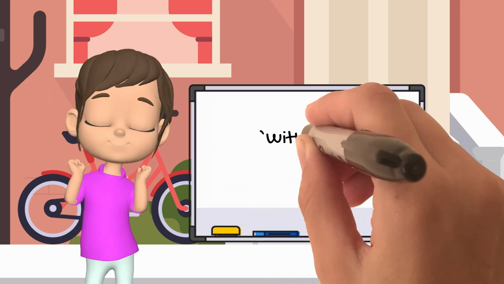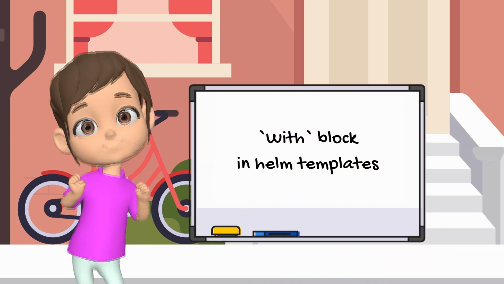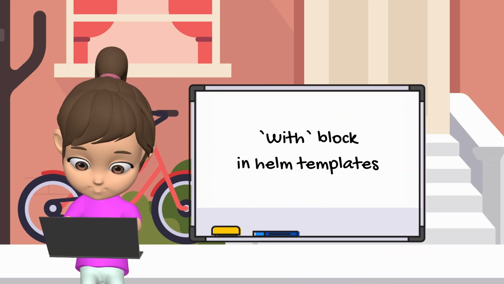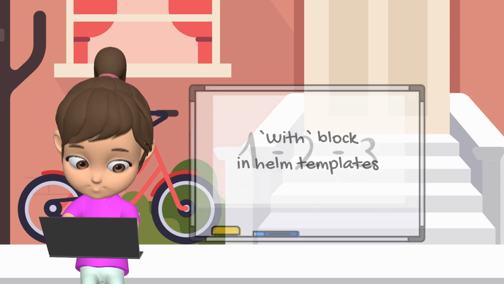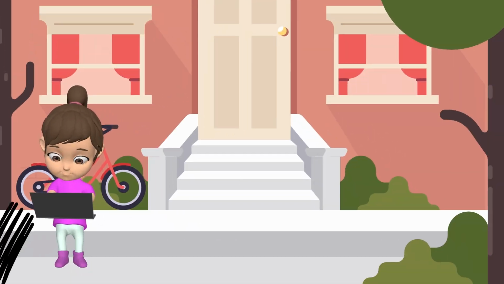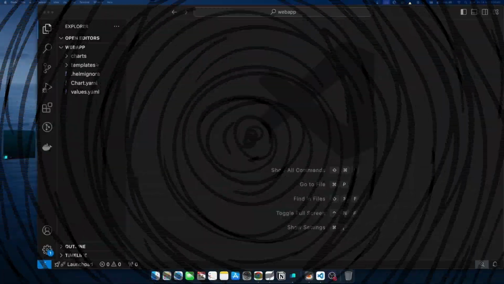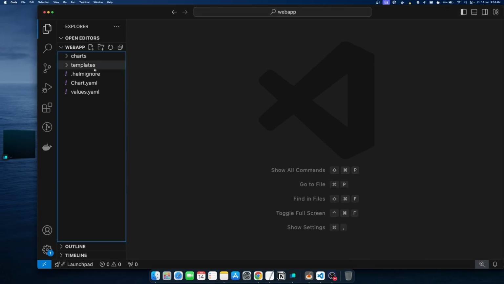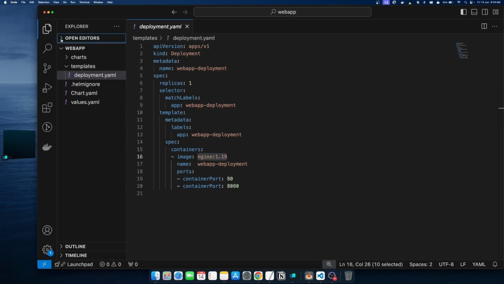Today we will discuss using with blocks in Helm templates. Since the topic is completely practical, let's skip the theory and move on to understanding it visually inside Visual Studio Code. Once again, we have a chart named Web App in our possession, in which we have only one deployment